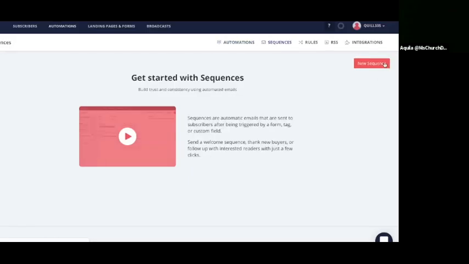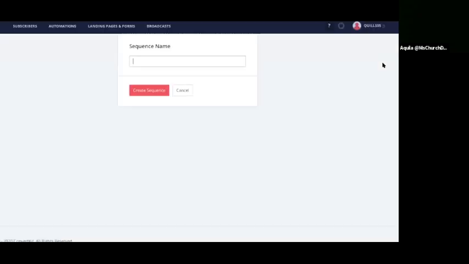And in the top right, it says new sequence. We're going to press new sequence. And now it's going to ask you for the sequence name. Because this is a welcome sequence, I like to label my sequences, right? And we're also offering a 50% off. So I'm going to say 50% off